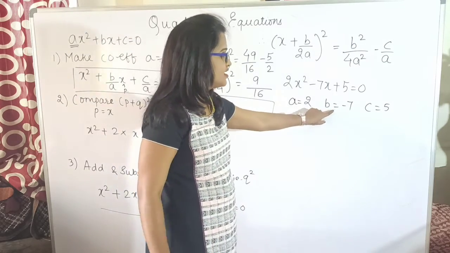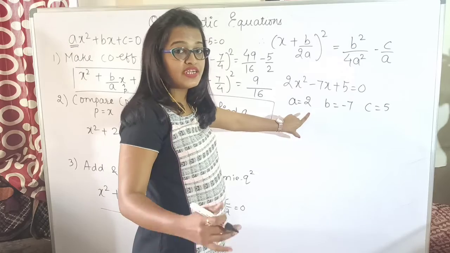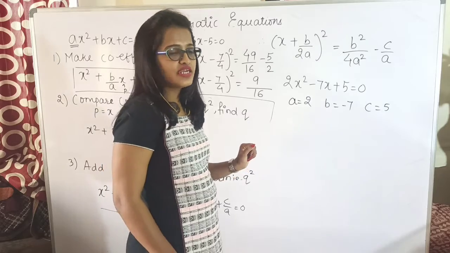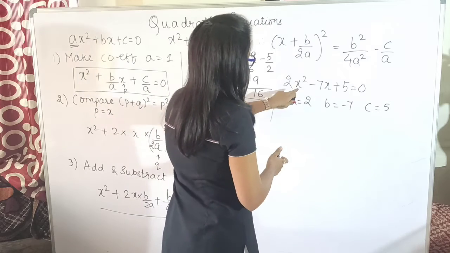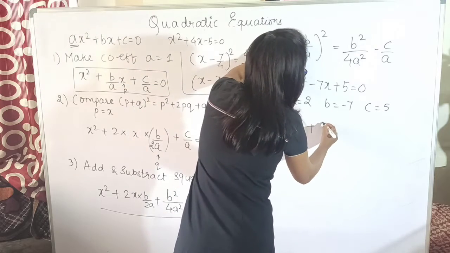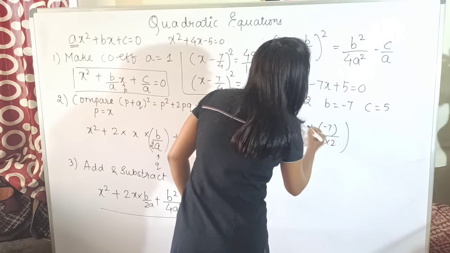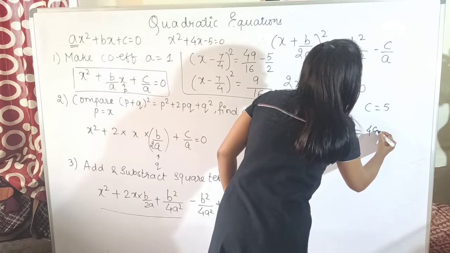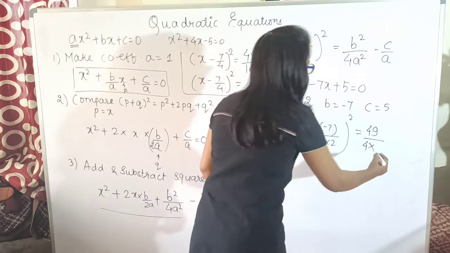Since we have taken the sign of b as minus, comparing it with this form, directly you can also obtain the complete the square method, but ideally you have to solve it by this step. But just to check whether your answer is right or not, your final step should be this answer, isn't it? What is my x? The variable of the equation, x, plus what is the value of b you have got? It is minus 7. What is the value of a you have got? It is 2. So which is 2 into 2. Square of it, which is equal to b square, that is minus 7 square, 49, divided by 4 into a square. Value of a is actually 2, so square of 2 is again 4,